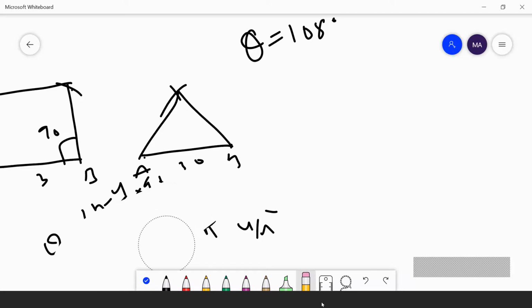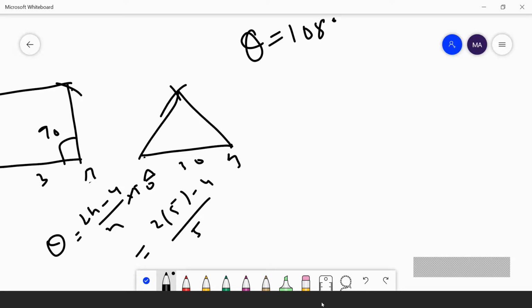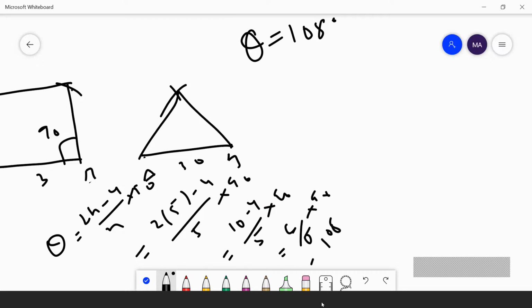If you consider the pentagon, how many sides are there for a pentagon? 5 sides. The formula is theta equals (2n minus 4) by n into 90. That is (2 into 5 minus 4) by 5 into 90, that is (10 minus 4) by 5 into 90, that is 6 by 5 into 90. When you calculate it, the angle is 108 degrees.